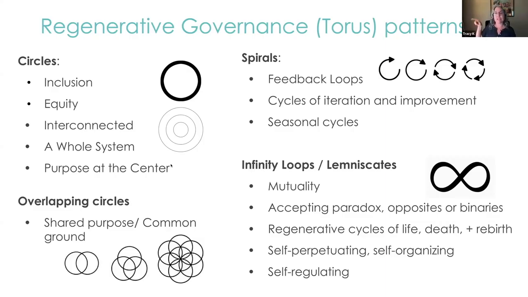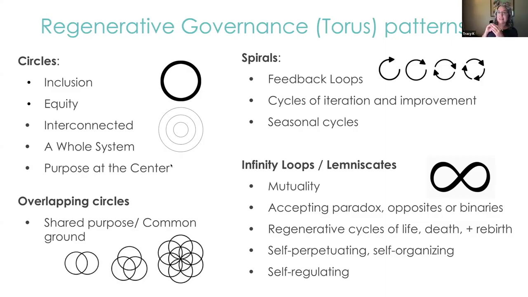The lemniscate is the regenerative cycle. The infinity loop is the cycle of birth, growth, death, rebirth. It also shows up as a symbol of mutuality and uniting binaries. It's self-perpetuating, self-regulating. And so what would it start to look like just to create a kind of a toolbox, even with regenerative governance, which is sort of where my head goes, of just to help people, first of all, put a lens on where are we not